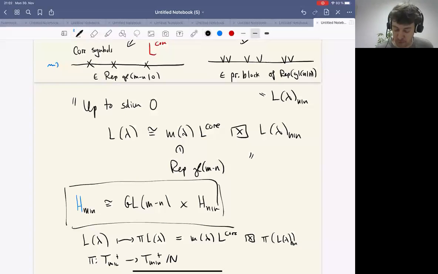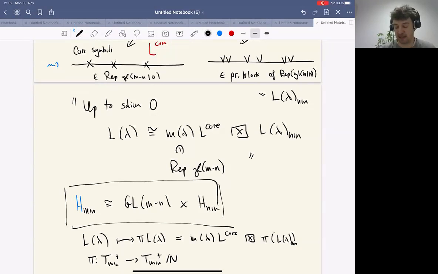The question is now, how do you prove this essentially? And since we basically know what HNN is, this tells you what HMN is. But what you see here is somehow rather pretty. You really have that this weight separates in two weights, this GLM minus N weight and the other weight. And so, for instance, if you take tensor products now, let's say you want to calculate L lambda tensor L mu,